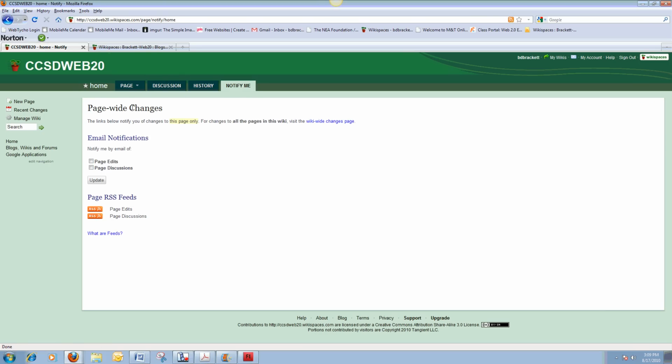And also, one last thing here, most wikis give you the option of being notified when things change. You don't have to keep coming back to the site. If you're like me, you can carry your iPhone around and it will actually tell you, and you can get an email. Somebody edited something. Somebody added a discussion. You can also do, by clicking here, get your emails. But if you click on RSS feeds here,